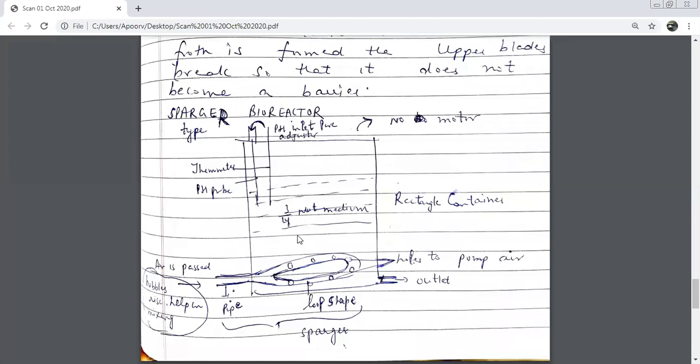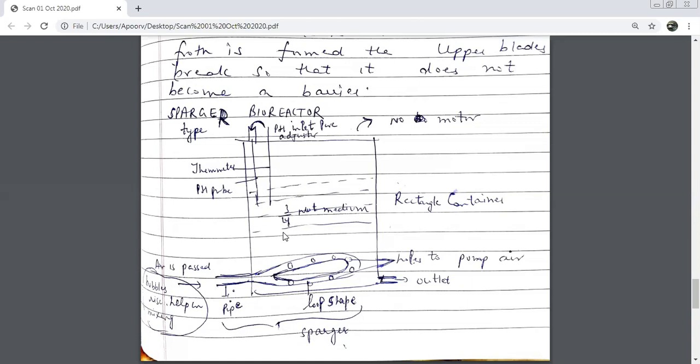So we are not using a motor, we are not using blades, we are not stirring. हमने कोई चीज गोल गोल नहीं घुमाई. Stirring means गोल घुमाना. We are not using the stirring process. Rather we have used this sparger. यहाँ से air introduce करिए बेटा. Bubbles बनेंगे because ये loop shape में pressure में जाएंगे. जब ये bubbles will be formed, bubbles holes से release होके बाहर निकलते रहेंगे. Air के bubbles with pressure. So once they come out with pressure, they will hit against the nutritive medium particles and the E. coli. Because of hitting, क्या होगा? Mixing होगा. When you add sugar to water, normally आप उसको चलाते हो, घुमाते हो, something you do to mix it up.